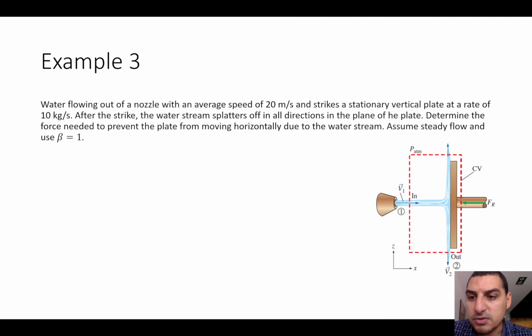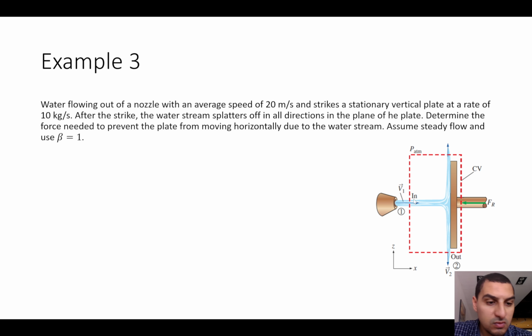Hello, everybody. We have a couple more problems or examples that we will solve now on the linear momentum equation. One of them is this example here, where we have water flowing out of the nozzle. This is the nozzle that the water is coming out from. It has an average speed of 20 meters per second. So this is the velocity of the water from this nozzle, and it strikes a stationary